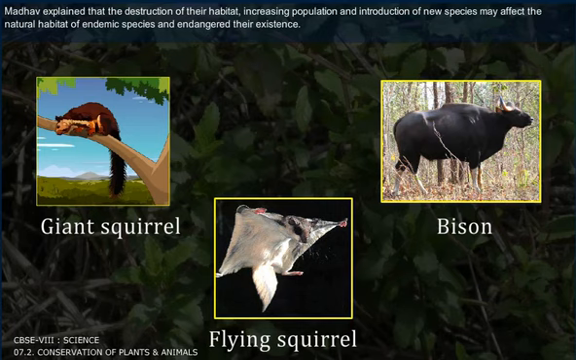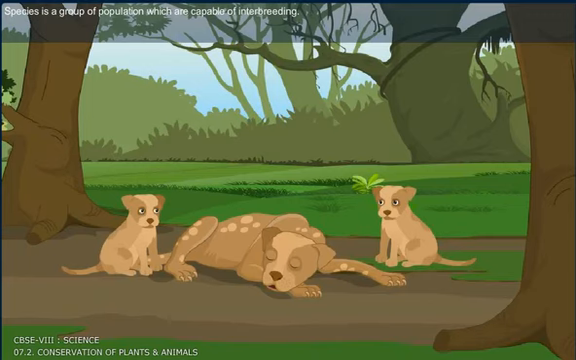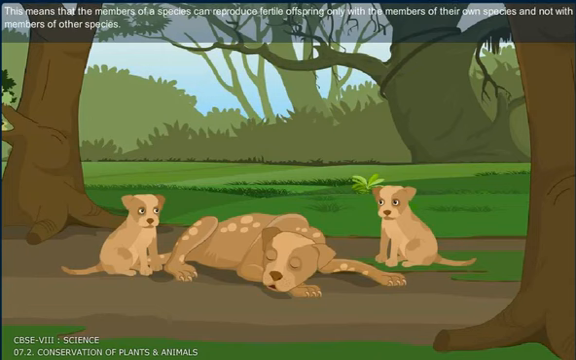Madhav explained that the destruction of their habitat, increasing population, and introduction of new species may affect the natural habitat of endemic species and endanger their existence. Species is a group of populations which are capable of interbreeding. This means that the members of a species can reproduce fertile offspring only with the members of their own species